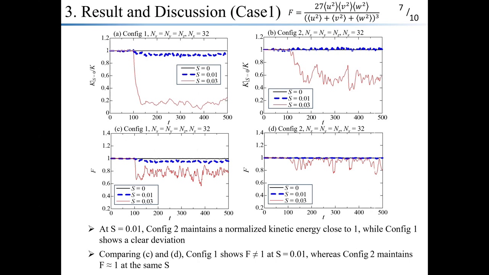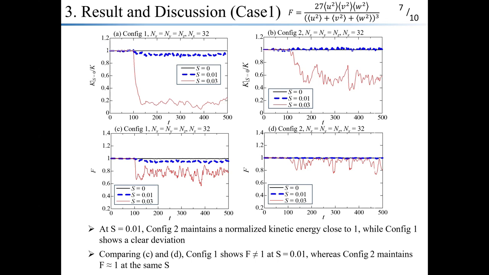Under this study's condition, the value at s equal 0.01 remains closer to 1 than in previous research, indicating better alignment with model assumption. A key assumption is isotropic velocity